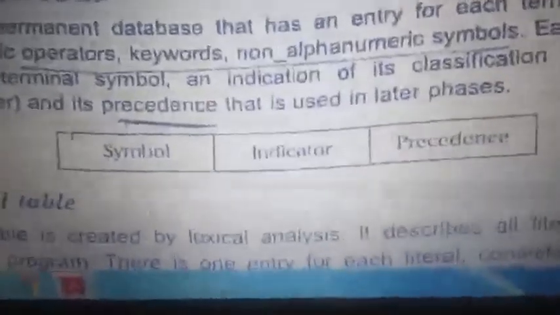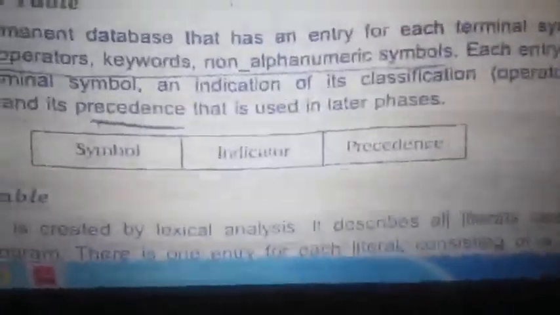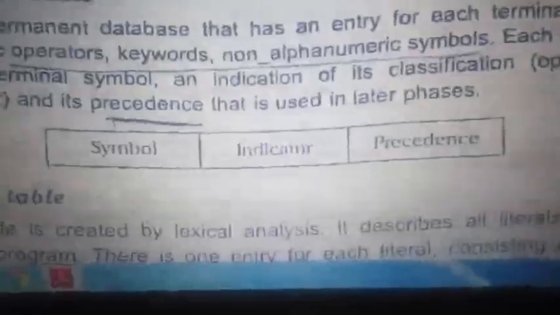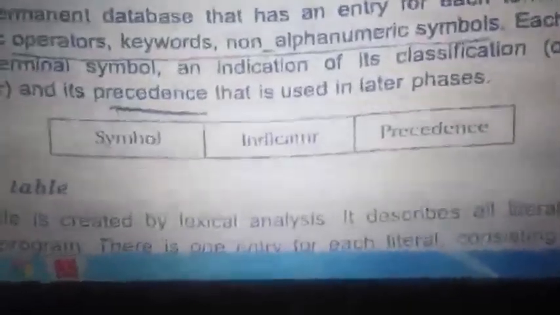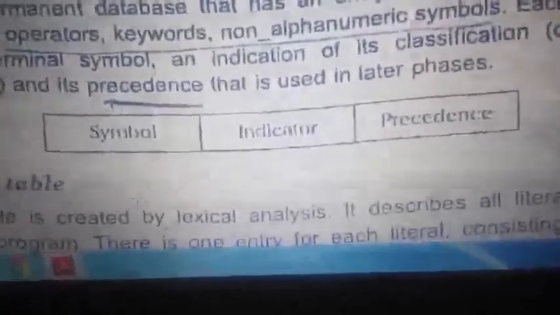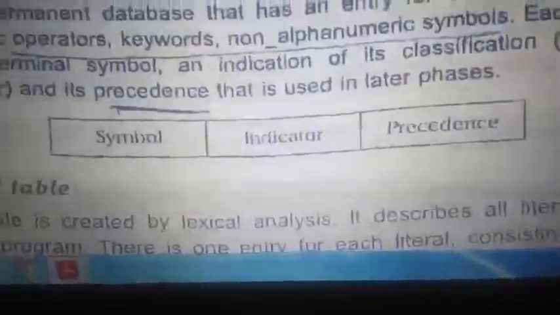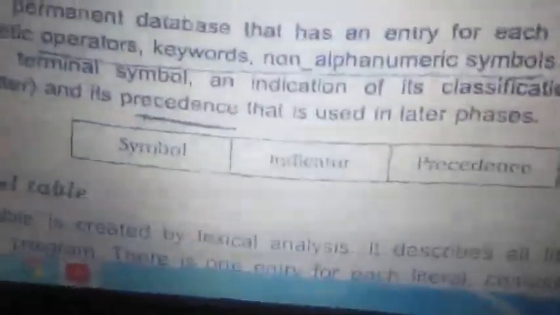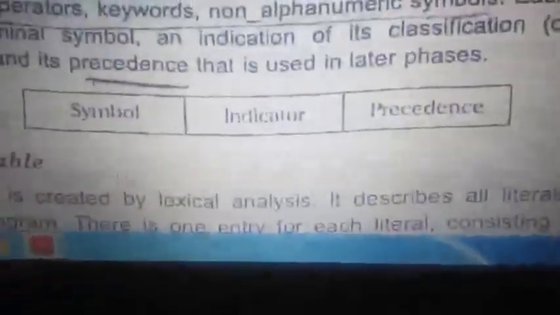Int means it is the type of integer. What is its precedence? Precedence here means its data capacity. The integer data capacity is minus 127 to plus 128. So that is the precision of the data type, and that is stored in the terminal table. Likewise, if you have a semicolon, what is the indicator? It's the end of the line. So like that it is stored in the terminal table. So these were the columns created for the terminal table.